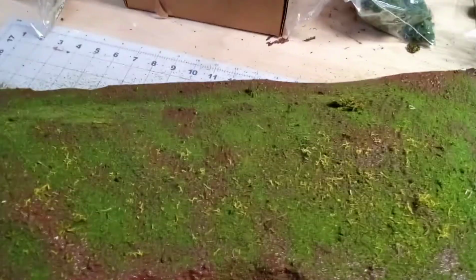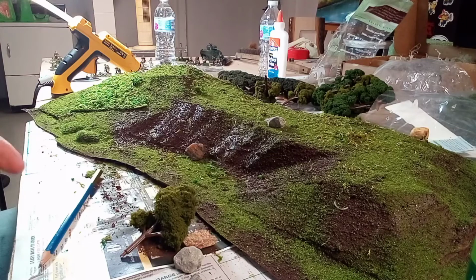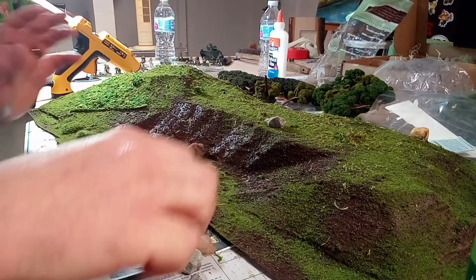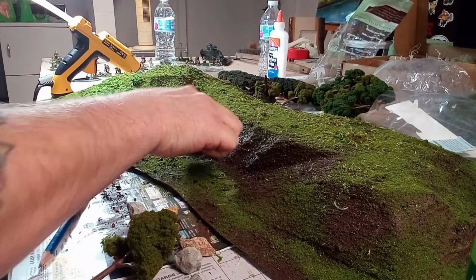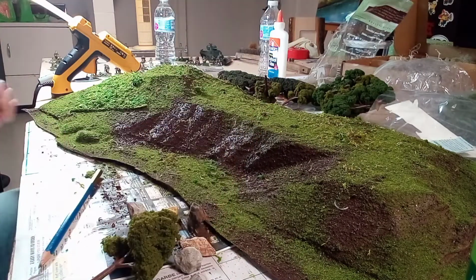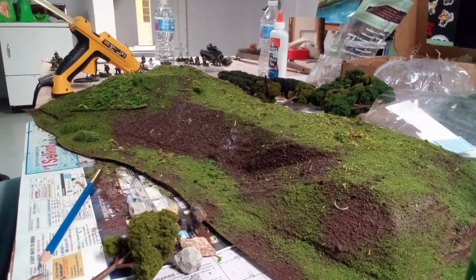Now I do have to wait for this to completely dry, and then I'll get back to you all and we will start putting trees in and bushes. All right. So it's dry enough. I was just putting some little rocks on there because I thought that'd be good. But anyway,